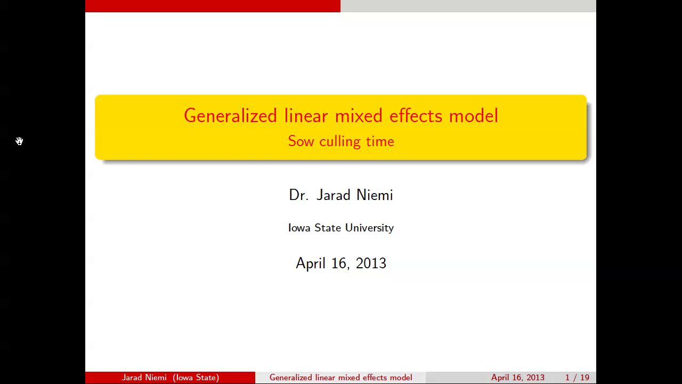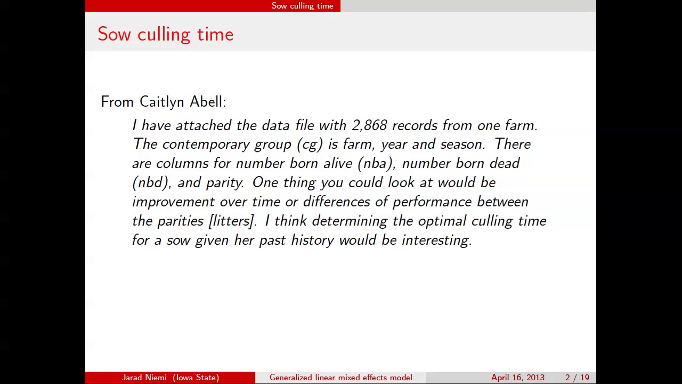All right, this is an in-class lecture talking about generalized linear mixed models. I'm Jared Nemi, and we're going to be doing it in the context of a particular example that I'm calling the sow culling time. So if we just get right into the example, this is very wordy and not very informative, but it's from